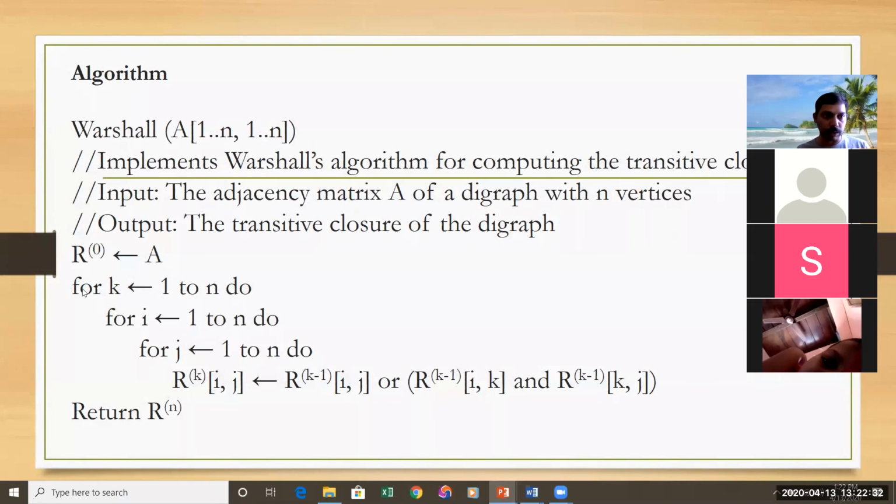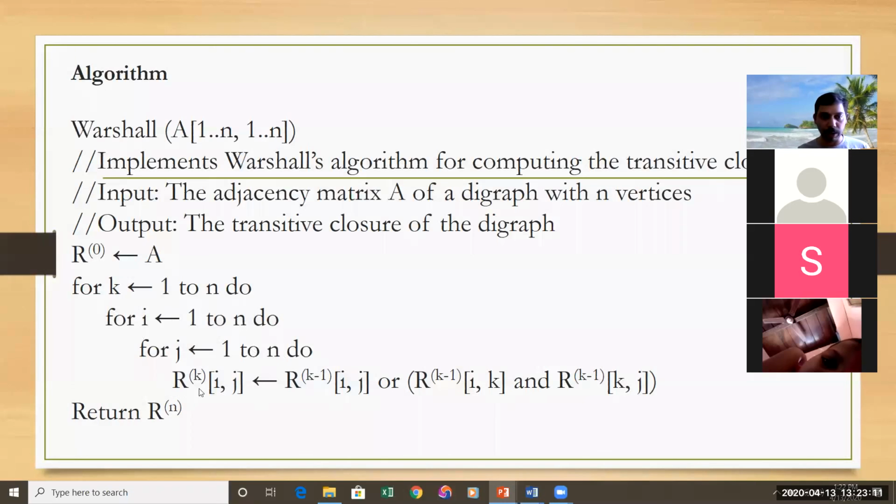So from the next step, what you are supposed to do is put nested for loops. 3 for loops are there. Outer for loop is for k. Inner 2 for loops are for i and j. How does this work? First, k is equal to 1. So k is equal to 1 means it is the second step, that is R1. When k is 1, i ranges from 1 to n and j ranges from 1 to n. So while k is equal to 1, the entire matrix gets updated, and based on this formula it gets updated. I have shown this formula for you, isn't it?